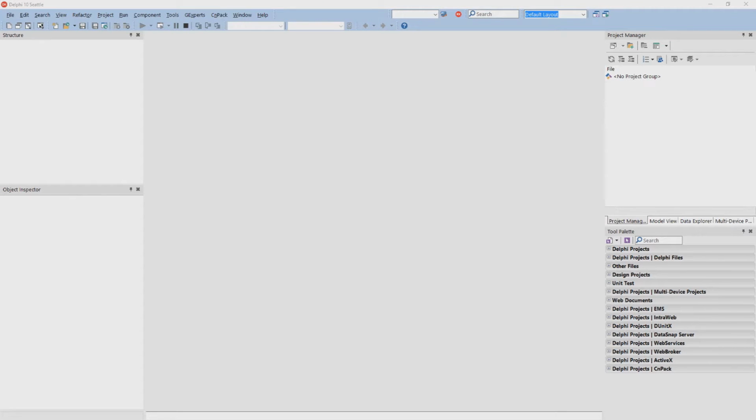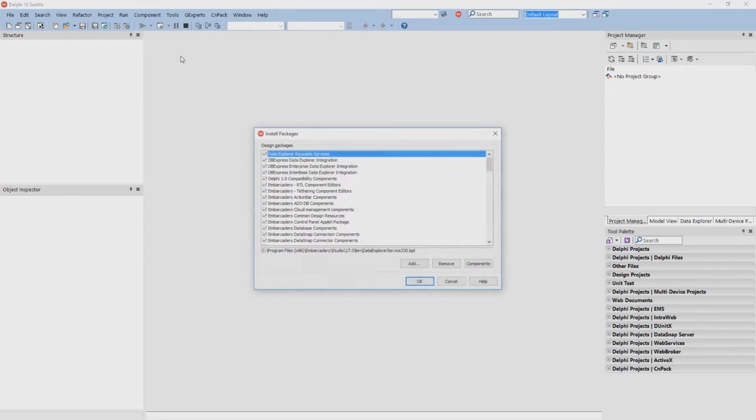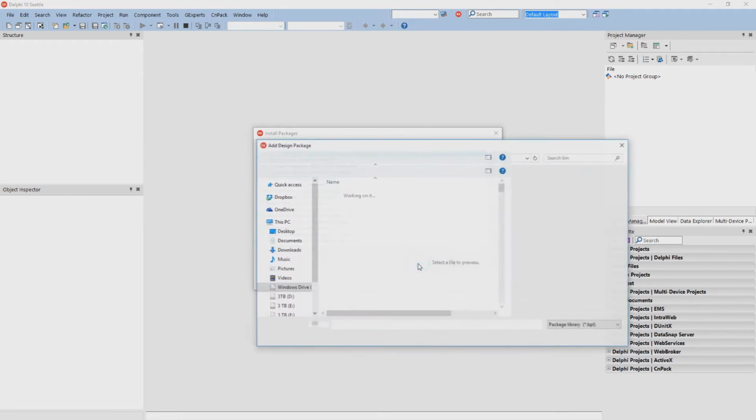G'day guys, today we're going to learn how to manage multiple connections to a list view using the components TClientSocket and TServerSocket. Now if you don't have those installed on Delphi 10 Seattle, because it doesn't come automatically, you're going to want to go to Components, Install Components, and then you're going to want to go Add, and